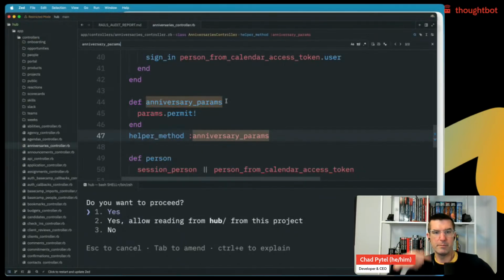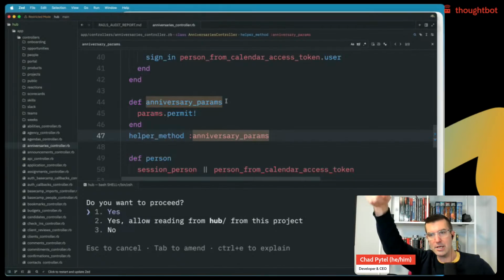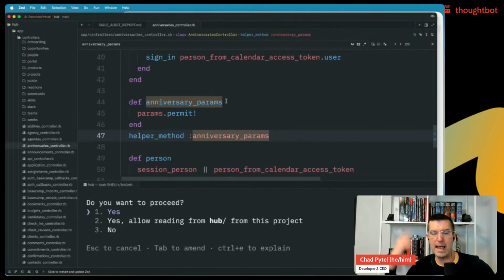If the index action of the controller is filtered, we want to manifest all of those parameters into the view so that they can be used in URL helpers, again, to maintain all of the filters on the view. That's what's happening here. So it's just blanket seeing that params.permit, and it's highlighting it as a potential high security vulnerability. Curious if you're watching and if you think it's an actual vulnerability, because I don't think it is,